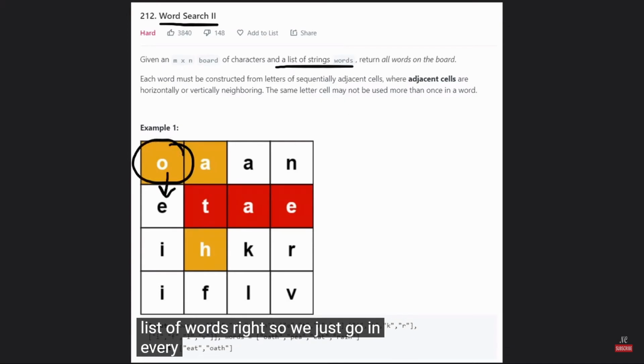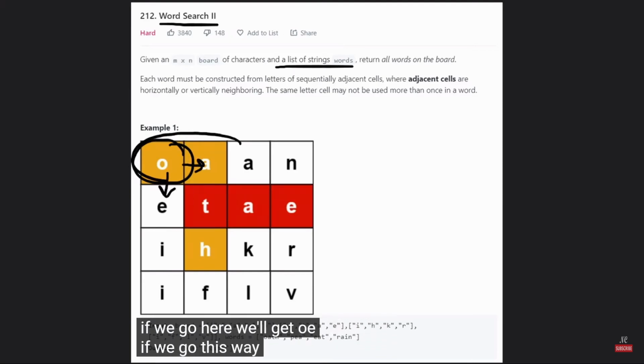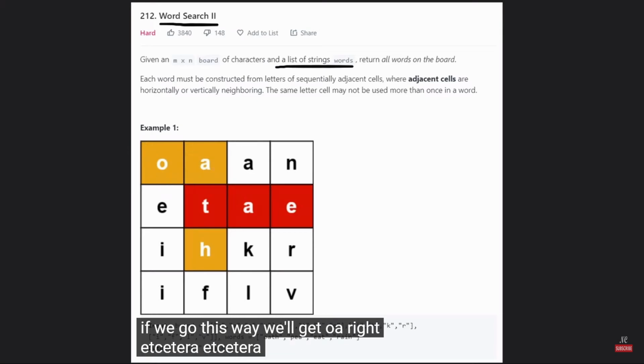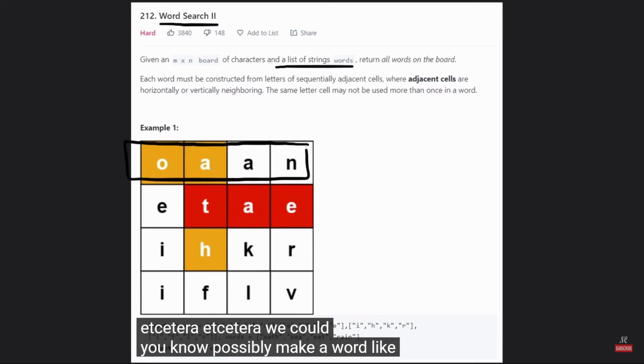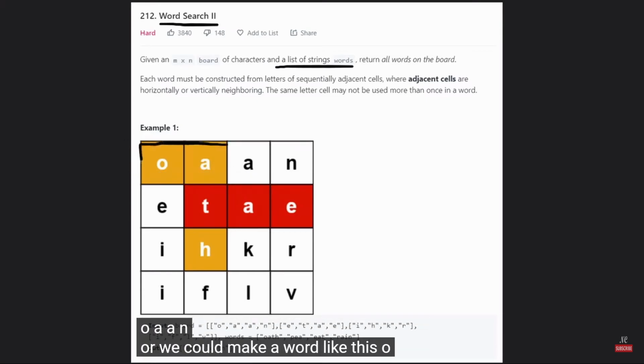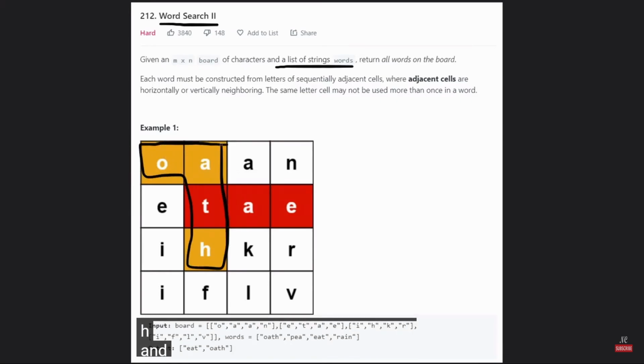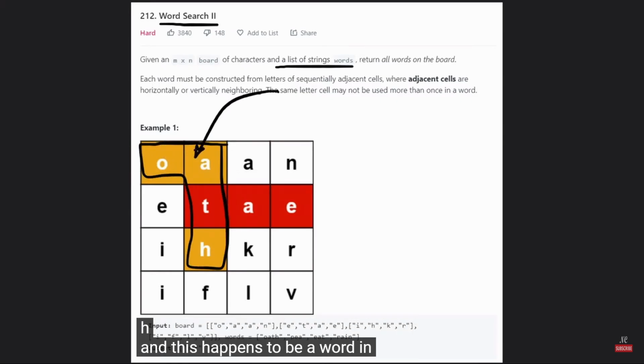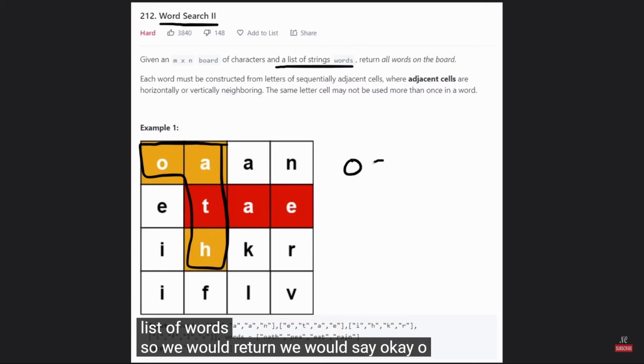So we just go in all four directions basically, right? If we go here, we'll get OE. If we go this way, we'll get OA, right? Et cetera, et cetera. We could possibly make a word like OAAN, or we could make a word like OATH, and this happens to be a word in our list of words. So we would say, okay, OATH,